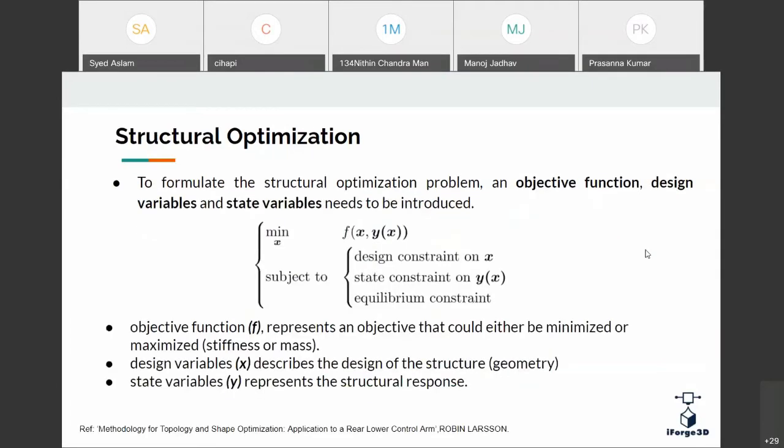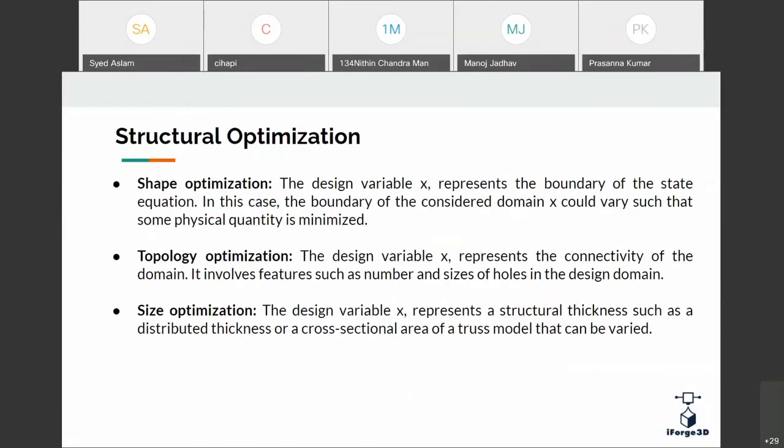Next, in optimization we have three types of optimization. One is shape optimization, topology optimization, and size optimization. So shape optimization is where we already have a boundary, and within that boundary we will be